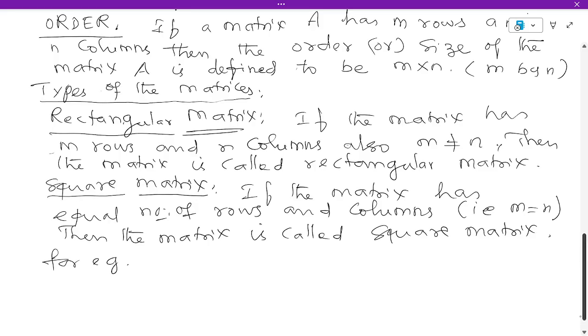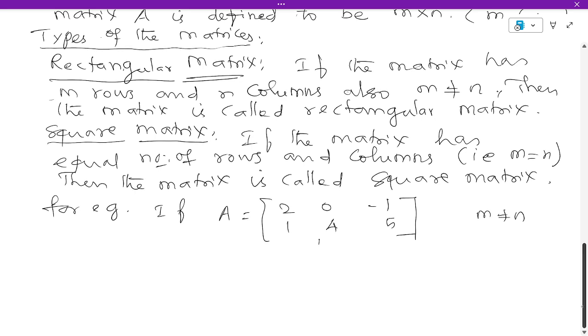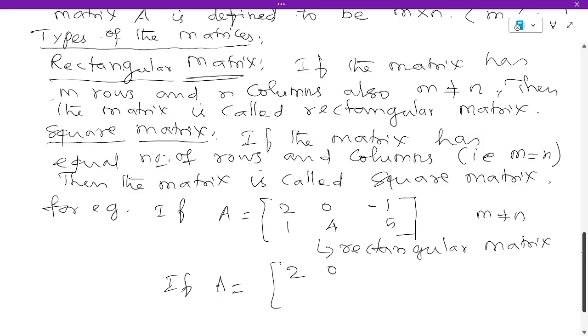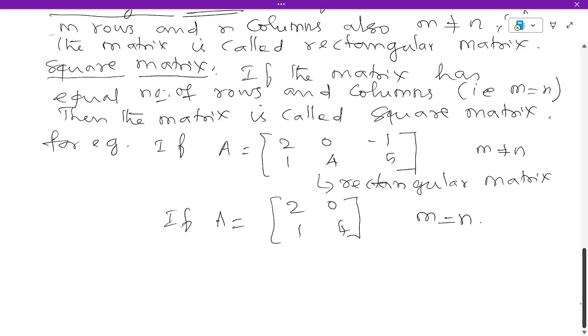See, for example, if A equal to 2 0 minus 1 and 1 4 5, here 2 rows are there, 3 columns are there, whereas m is not equal to n, so this is called a rectangular matrix. At the same time, if A equal to 2 0 1 4, that means here the number of rows and columns are equal, then